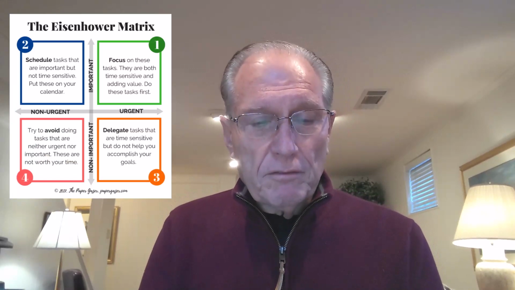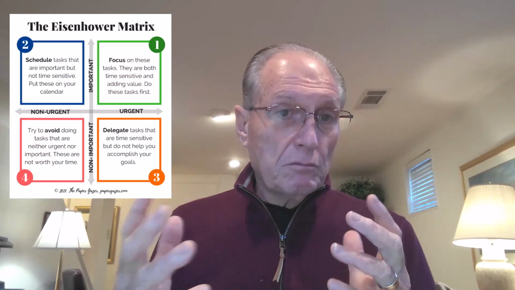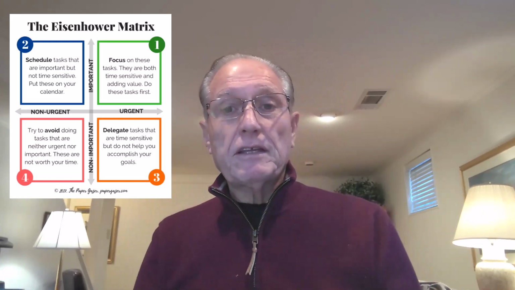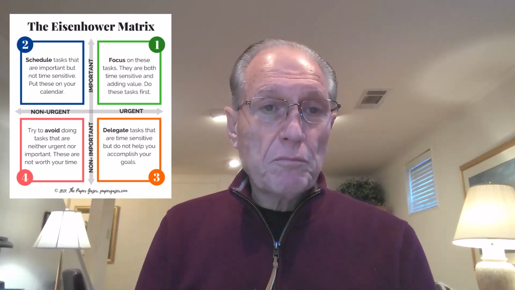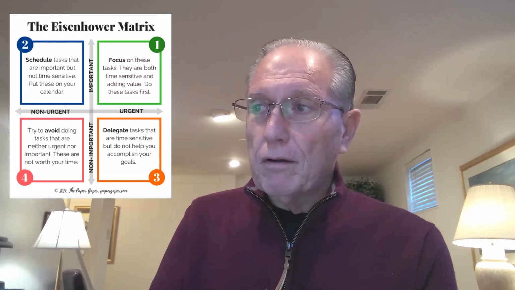I'm showing you right now what's called the Eisenhower Matrix. This was developed by Dwight Eisenhower, who was a famous general in the United States. He was also president of the United States. He had to make a lot of decisions, military and civilian, when he was president. And he developed this matrix of what's important and urgent. He has two matrices, an important and non-important, and then another horizontal bar, non-urgent and urgent, divides it into four